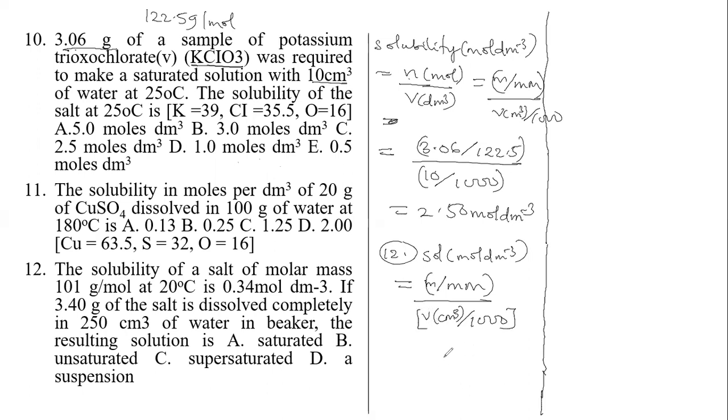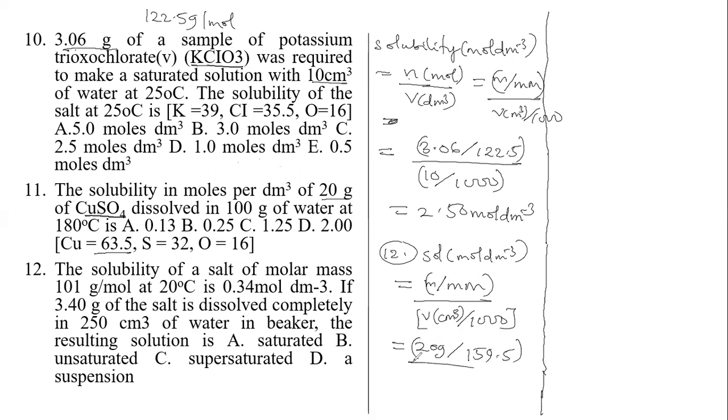What is the mass of the salt? The mass of this salt is 20 gram. Now, what is the molar mass of copper sulfate? If it is given to you that copper is 63.5, then when you put everything together, that's 63.5 plus 32 plus 16 times 4,